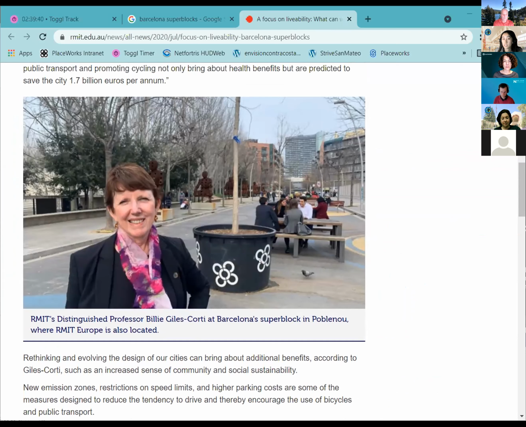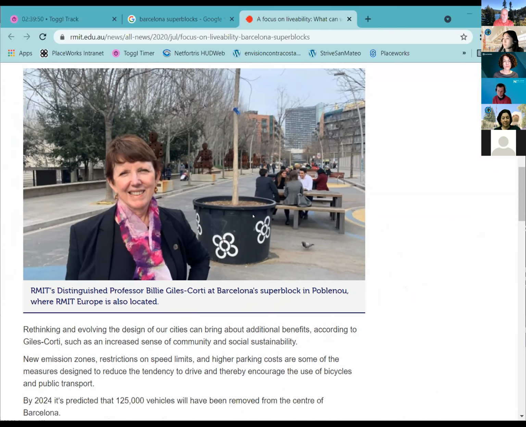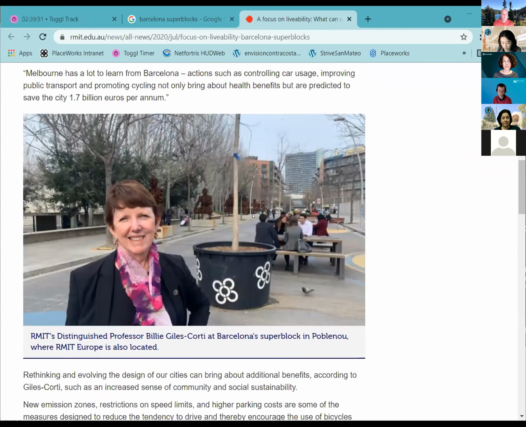And so they've reclaimed some of that space for things like tables and planters, while you can see here there's a little bit of space left to circulate for emergency or very targeted access, if that makes sense.